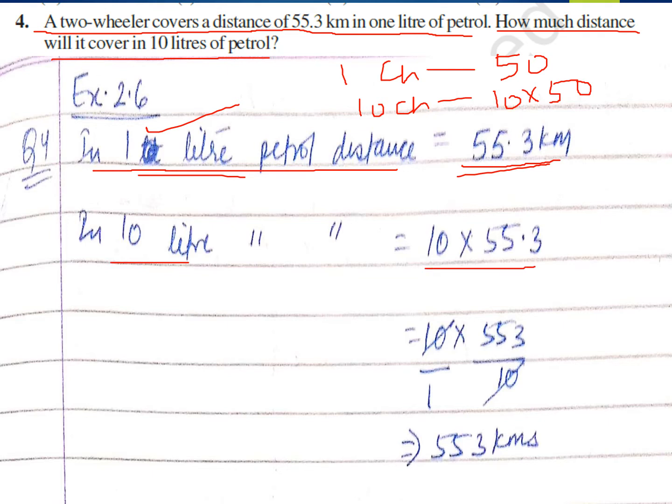We have to remove the decimal because it is 55.3. Remove the decimal, what will happen? A 1 will come, and as there is only one digit after the decimal, a 0 will come, so 10. Now, I have told you 10, 100, 1000, all these numbers are very sweet. We should not cut them. But if they are cutting completely, then we can cut them. 10 ones are 10, 10 ones are 10. So such cuttings are allowed. Okay, they are easy, no issue. So I have cut over here, and the answer came as 553 kilometers. Okay.